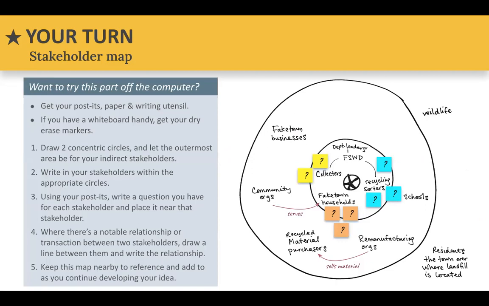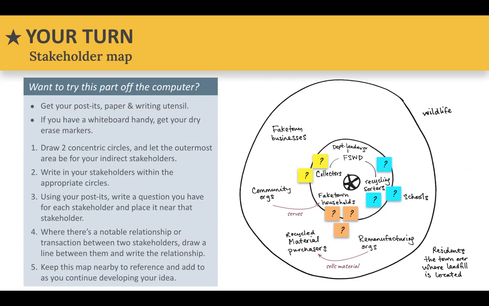So I have a very rough draft example on the right side of the screen where I drew 2 concentric circles, and then I just let the outermost area hold all the indirect stakeholders, so you don't really have to draw 3 circles. They can just sort of sit there in the periphery. But write those stakeholders after you've done all your analyzing in the appropriate circles. And don't overthink it. Just go with your gut and use some of those prompts to nudge you into thinking,